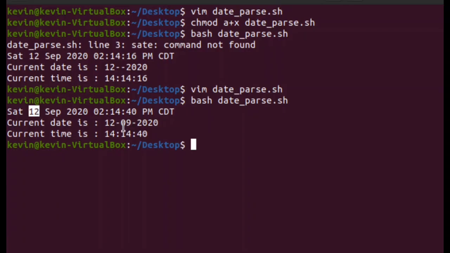Month variable, which we set equal to date plus the month, which is this 09 here, which we took from here. It is September, so 09. And then the year variable, which it's taking from the date command, right there at the last part, 2020. Then we used current time is, and we took the hour variable,